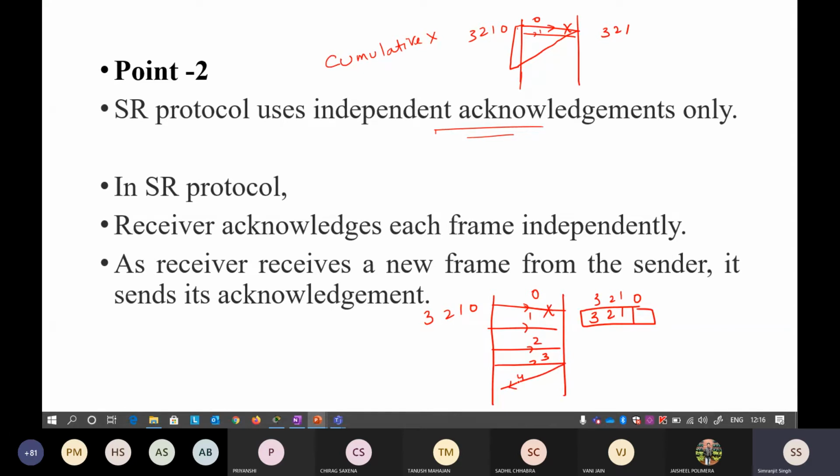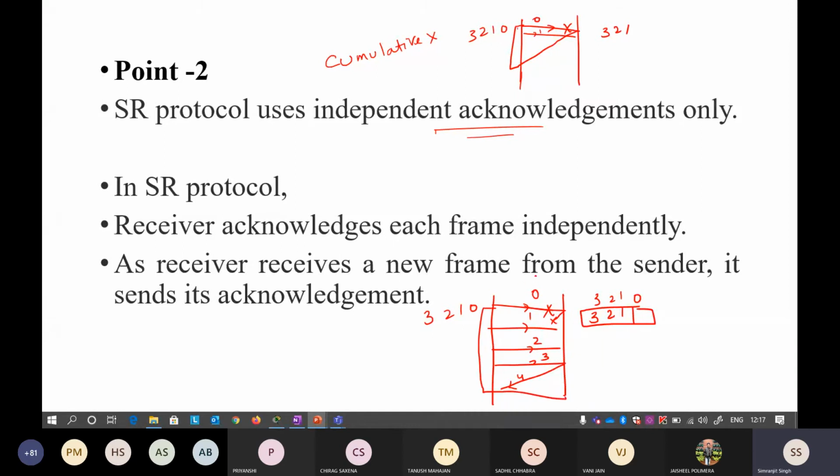By the meaning of 4, it means all the packets are received. But that is not the case, because the 0th packet is not received. To avoid any confusion there, I only use independent acknowledgement. If the acknowledgement for the 0th packet does not arrive, I will send that 0th packet again at the timeout timer.